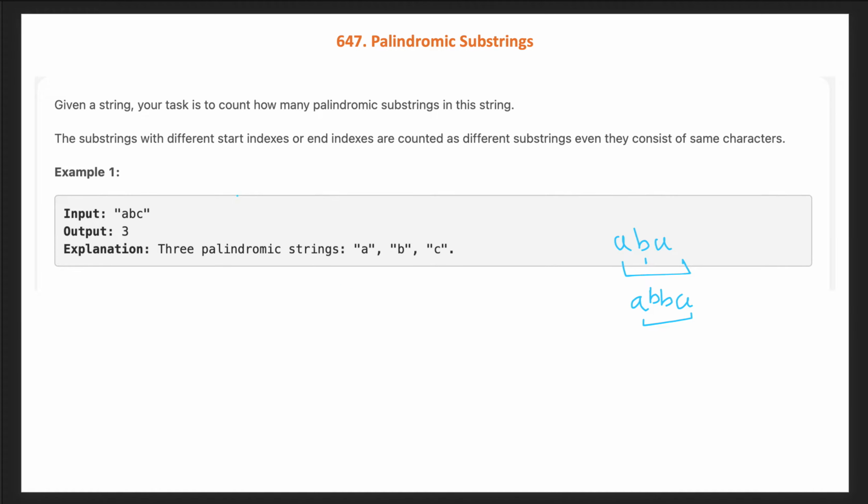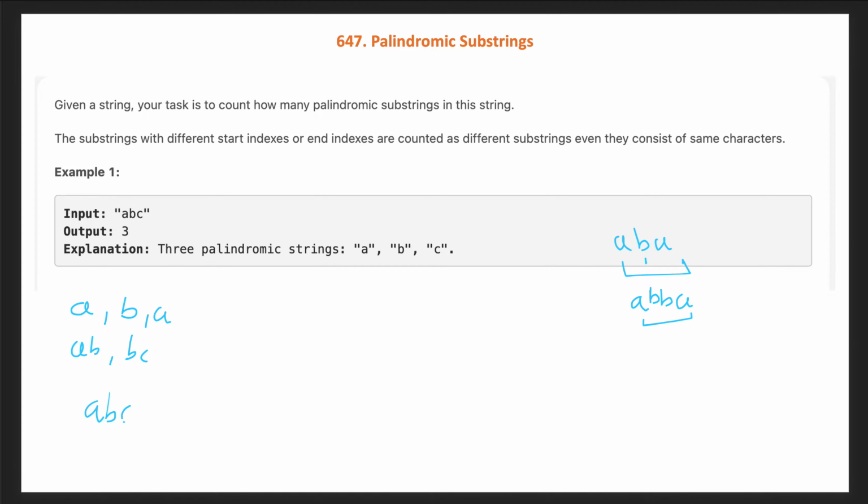For finding how many substrings are palindromic, first of all we can naively find all the substrings of this string. All the substrings of ABC: of length 1 are A, B, C themselves, of length 2 are AB and BC, and length 3 is ABC.